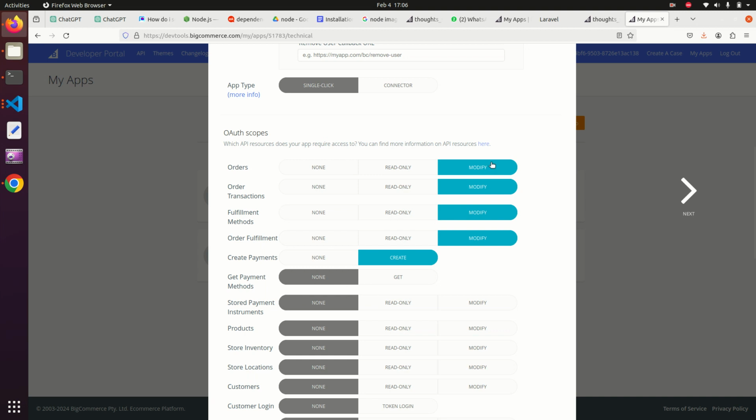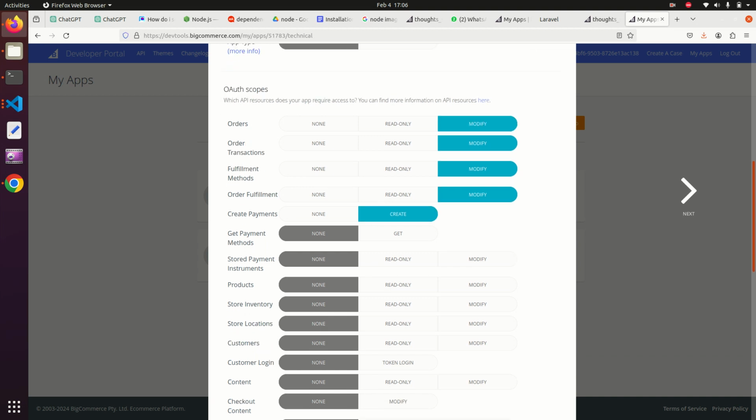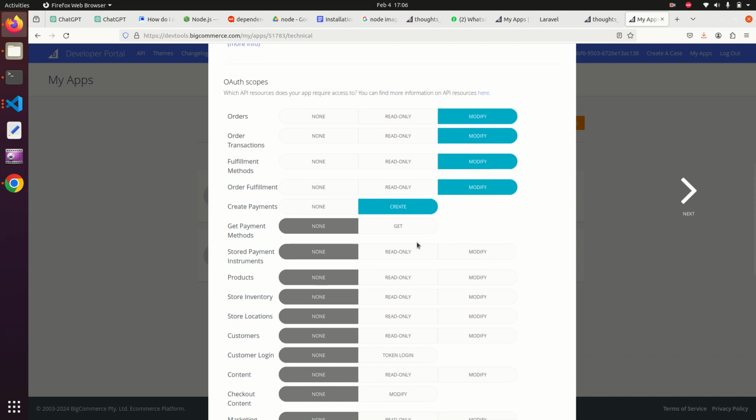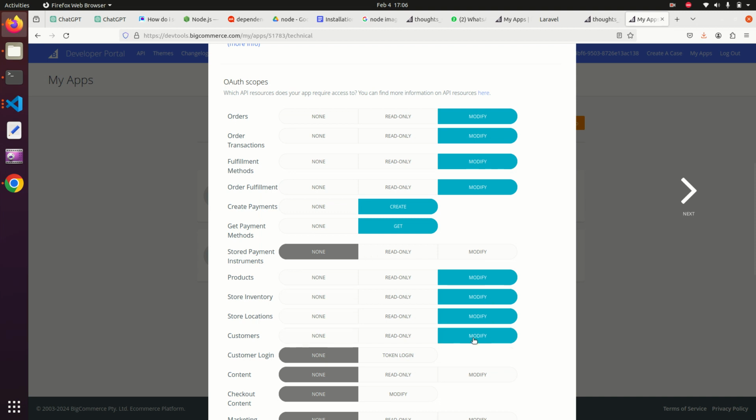Remember that if you set create payment as none, then you won't be able to create payments by installing your app. So it is necessary to provide the right scopes when doing development using your app. Get payment methods as get, stored payment instructions, products as modify. I'm leaving this field as it is since I do not want to modify it for my app functionality right now. I do want to modify my store inventory, locations, customers, and